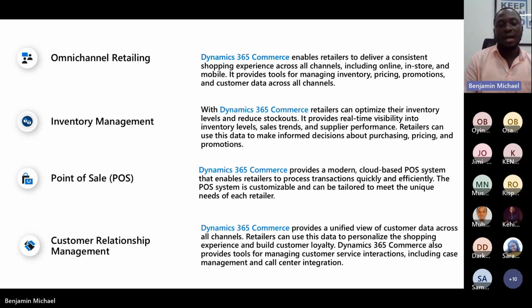These channels are also able to help you manage your inventory, your pricing, and promotion. At the same time, you're also able to manage your customer data across each of these channels.